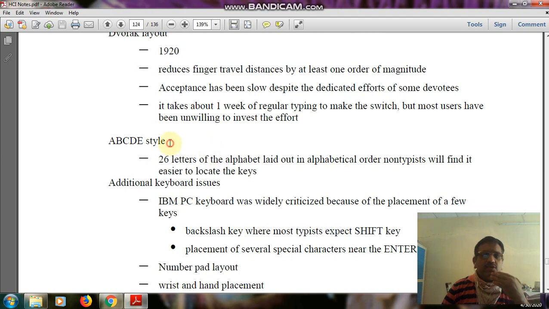After that, we are using a representation called the ABCDE layout.